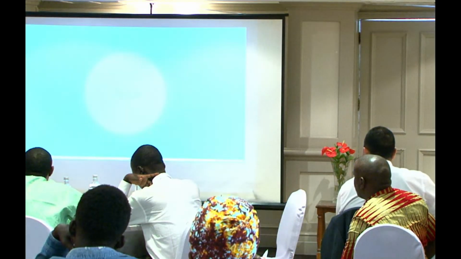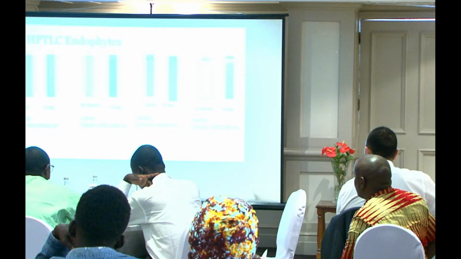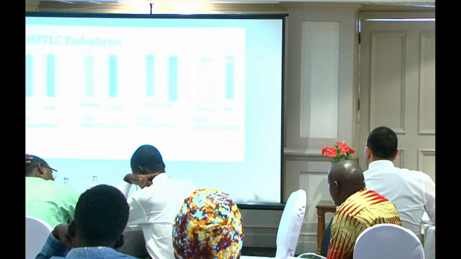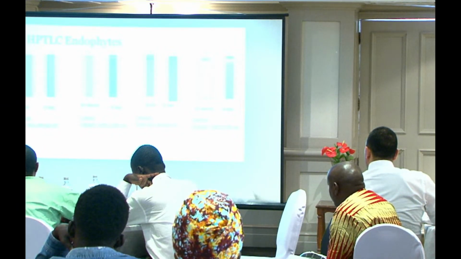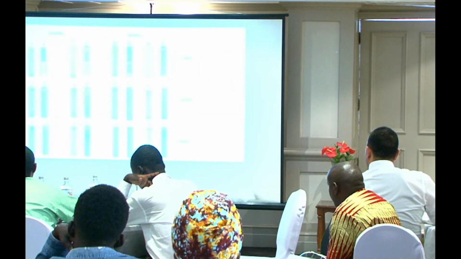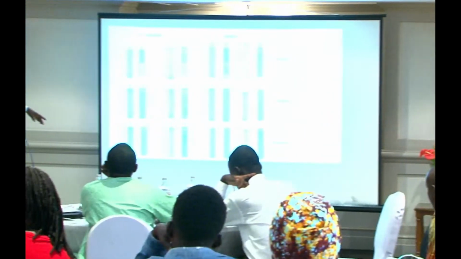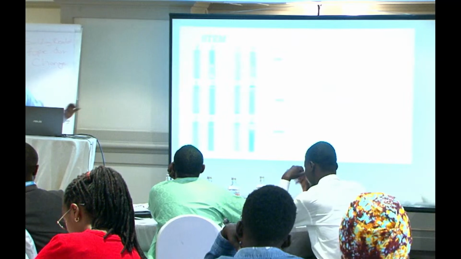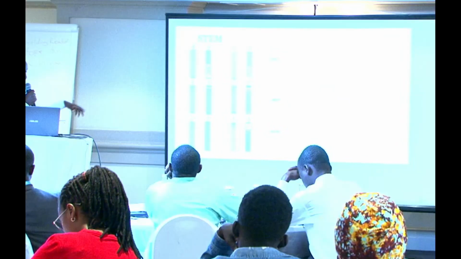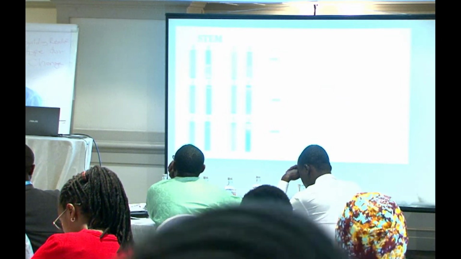So to the results, as you can see, this is what we obtained for the library. That's for the endophytes under different light. That's for the leaves and roots for different mobile phases. And that's for the stem. So I'll give it to